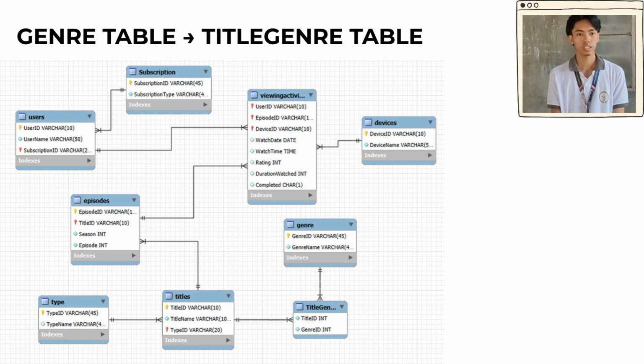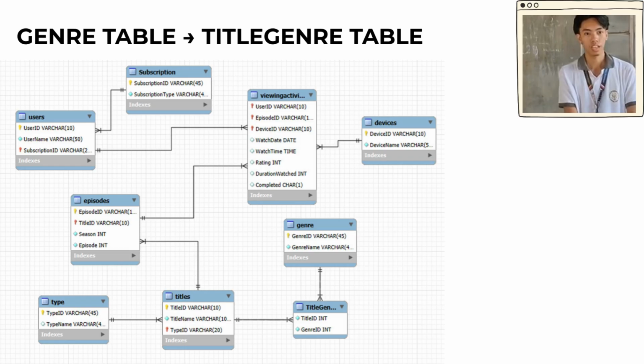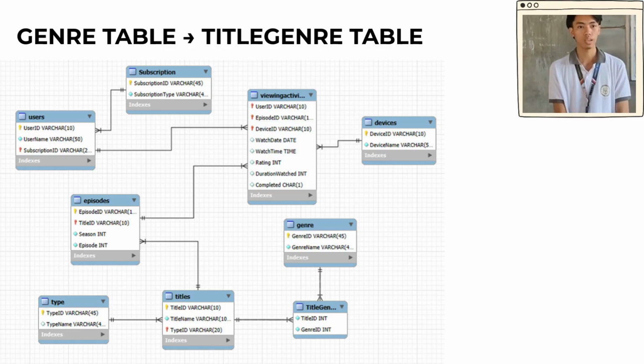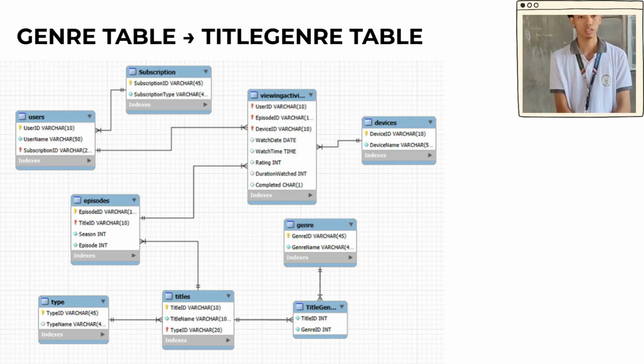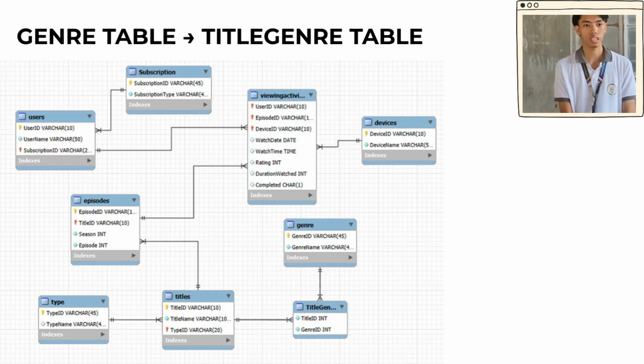For the genre entity and title genre entity, we also use a one-to-many relationship. One genre can link to many title genre records. So a single genre like sci-fi can describe multiple titles. This also supports rule number 3 and rule number 5 by storing genres once and reusing them via the title genre